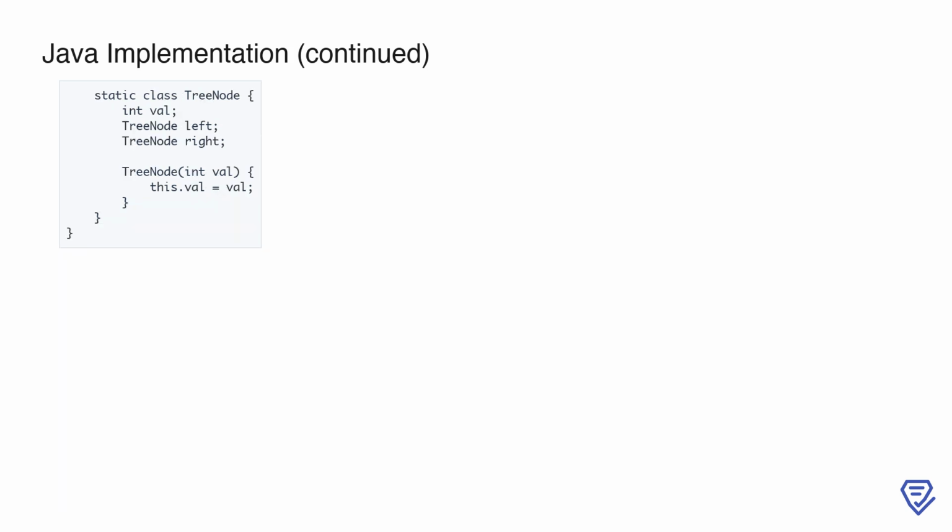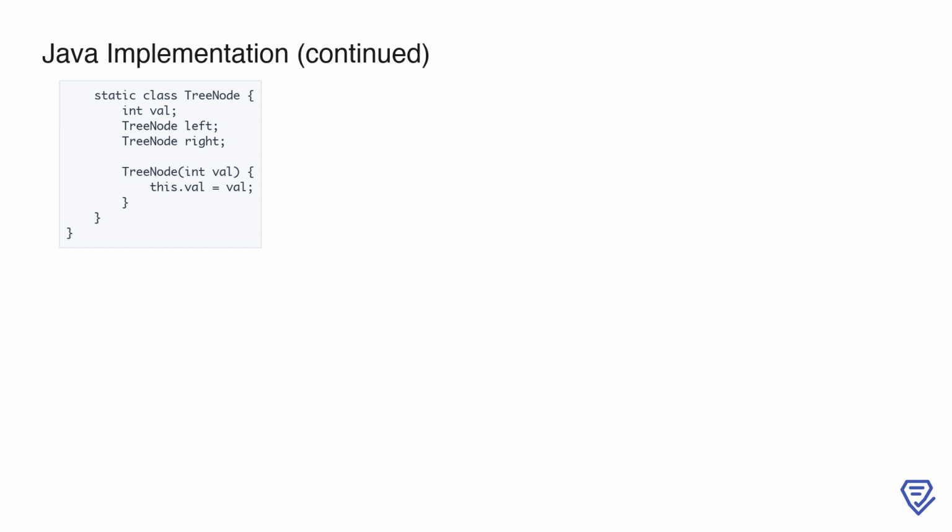Finally, we have the definition of the TreeNode class, which represents the structure of a binary tree node. Each node contains an integer value, as well as references to its left and right child nodes. This class is used to model the input tree passed to the findClosestLeaf method. The constructor initializes the node with its value while leaving the left and right child references null by default. This simple structure allows us to represent any binary tree and serves as the foundation for building the graph representation